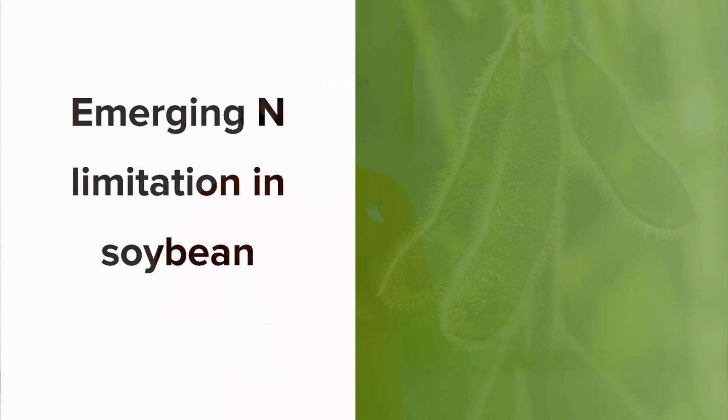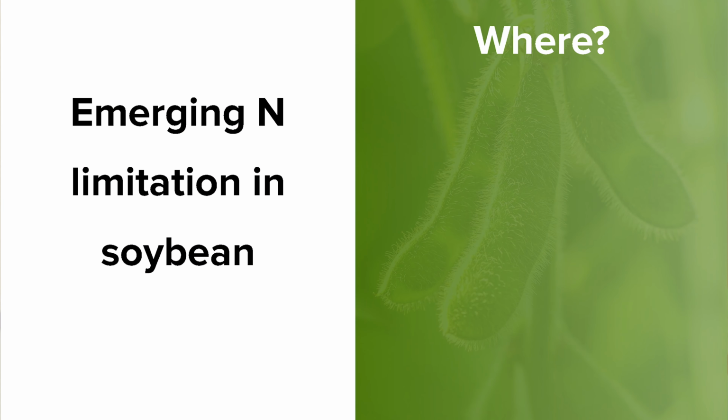Although these two sources usually complement each other, and for most soybean fields they are enough to produce good soybean yields, in some cases we will see some emerging nitrogen limitation in soybean. In those cases, it's because there is an asynchrony between these two sources, the indigenous nitrogen supply and the biological nitrogen fixation. In my experience, especially in Nebraska, we have about 50% of the soybean production under irrigation,